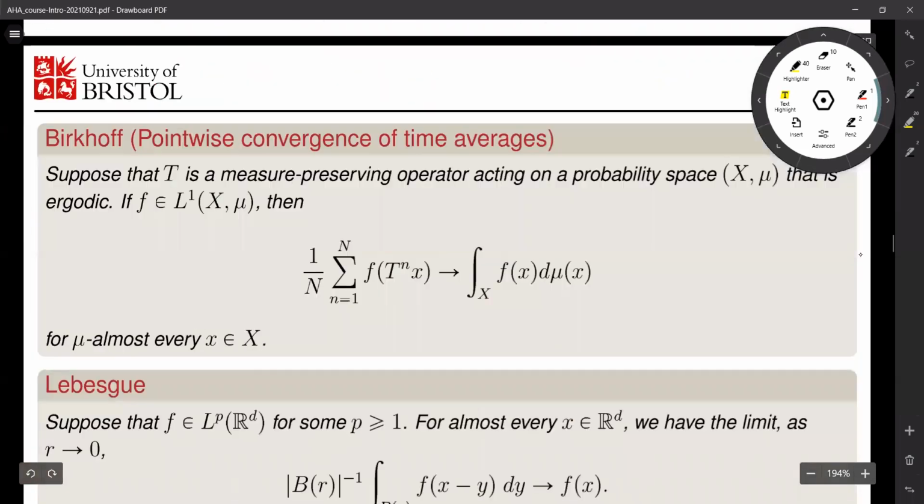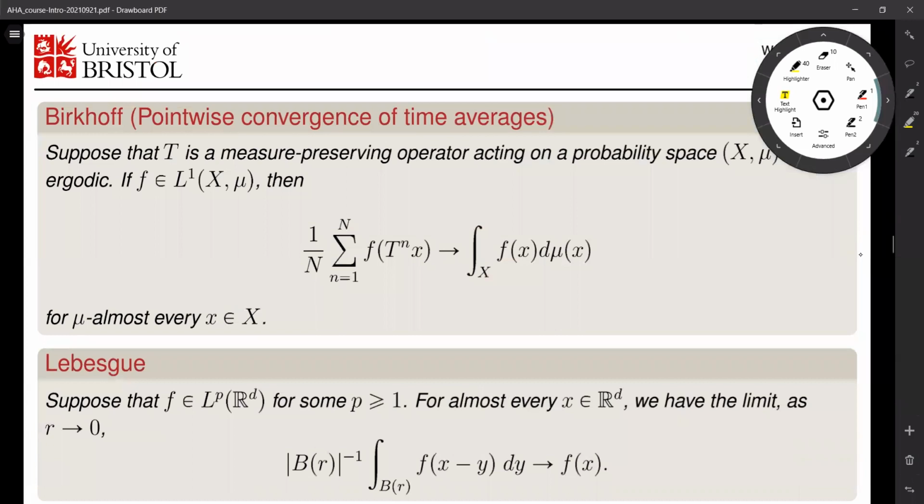Great. So this maximal function, like I said, underlies a lot of harmonic analysis, but also has very important connections elsewhere. For instance, it underlies the Birkhoff pointwise ergodic theorem. So what is this? If I take some measure preserving operator acting on a probability space, so measure preserving just means if I take a set, say E, and I look at its inverse image, the measure of that is equal to the measure of E, the inverse image under my measure preserving operator T. Then if you look at the time average, which is this quantity here on the left-hand side,